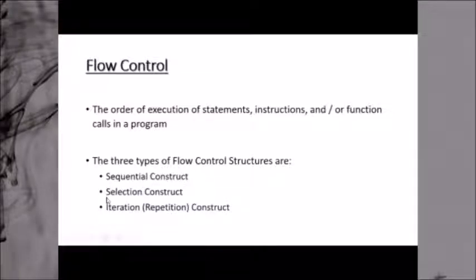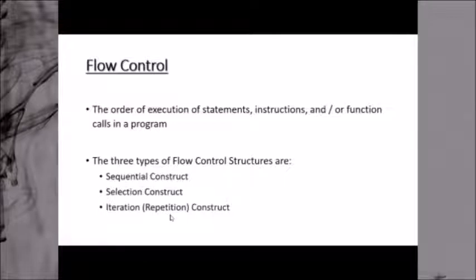Selection construct: you have multiple paths, or you can say you have branching in the program. Since you have multiple branches and you have to select any one, that's why it is called selection construct. Now the selection of a particular branch or path of the program flow will be decided on a particular condition. If the condition is true, then you perform one set of tasks, and if the condition is false, then you perform another set of tasks. So this is called your selection construct. Then we have iteration constructs, or usually repetition constructs, as the name stands for repetition or iteration.